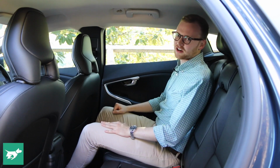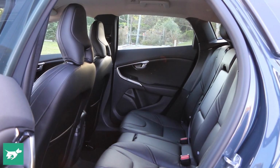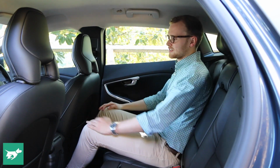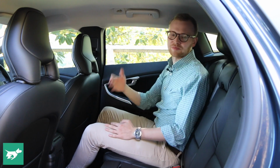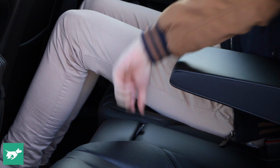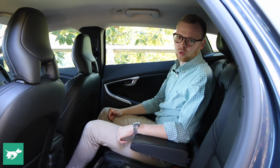Although this is a snug car, you do feel like you've got enough room here in the back for 2 adults. For me at 6'0", you can see that I've got just enough headroom, and I've got decent legroom sitting behind myself here. Plus I've also got this little drop down armrest, and I've got some cup holders down here as well. I just wish I had some air vents so I could stay cool while I tell you about